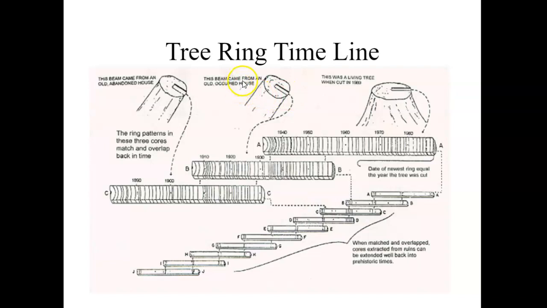And then a beam that came from an old occupied house, if you were to get a sample or core of that and look at its pattern, you could match up the growth ring patterns of that tree with the living tree that you just had. And then a beam that came from an old abandoned house is going to have its own growth ring pattern, and then you match up the growth ring pattern from that older beam, and then you see where they overlap in common, and then you can trace back. So they take the oldest living trees and nearby rotted dead trees,